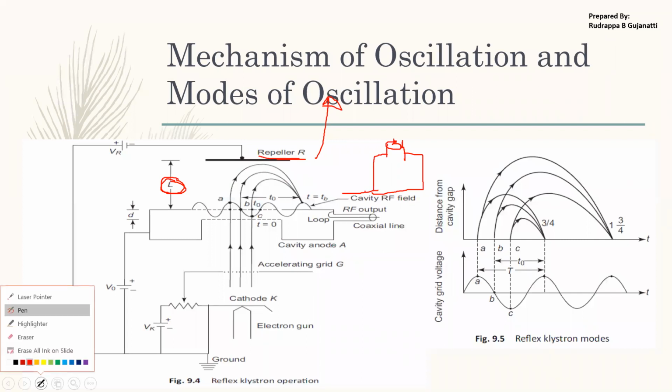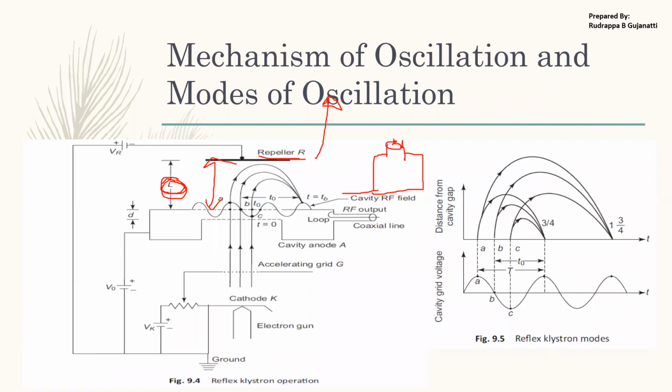I cannot have this distance too large because of the physical limitations which are present. That is one thing, and the voltage I apply can also be limited. I cannot go for an infinite voltage supply. That is the beam current and the beam voltage we were speaking of yesterday. So this is the case with respect to the modes of oscillation.